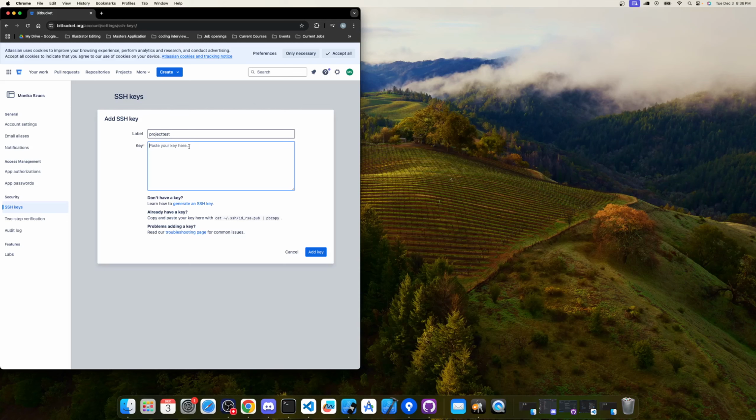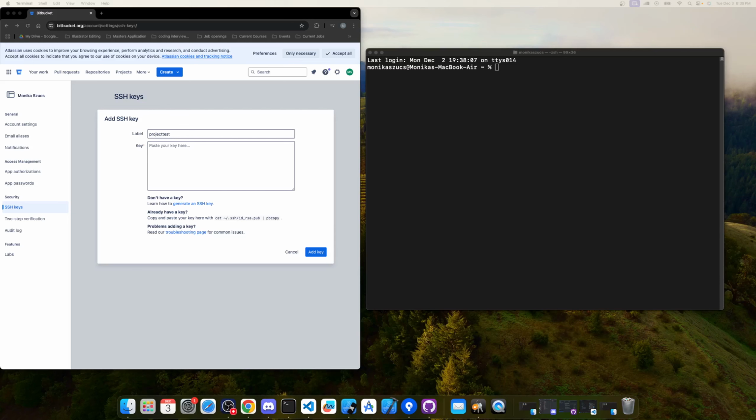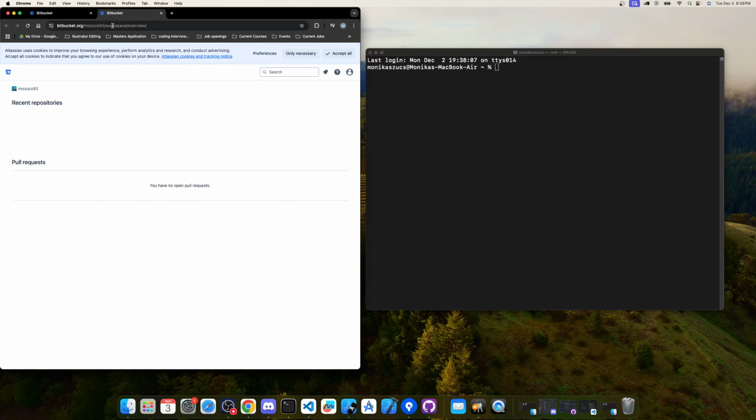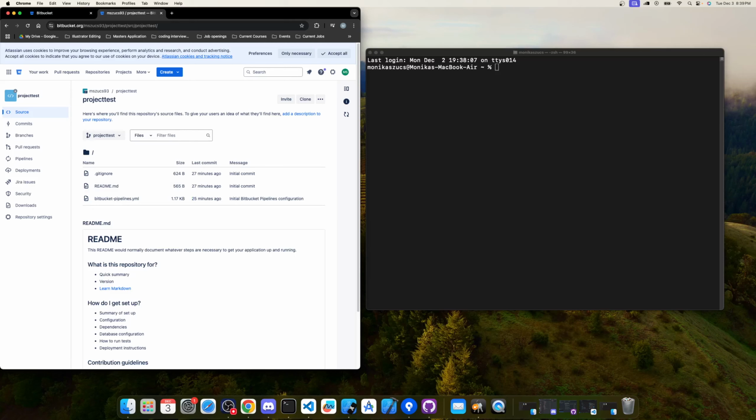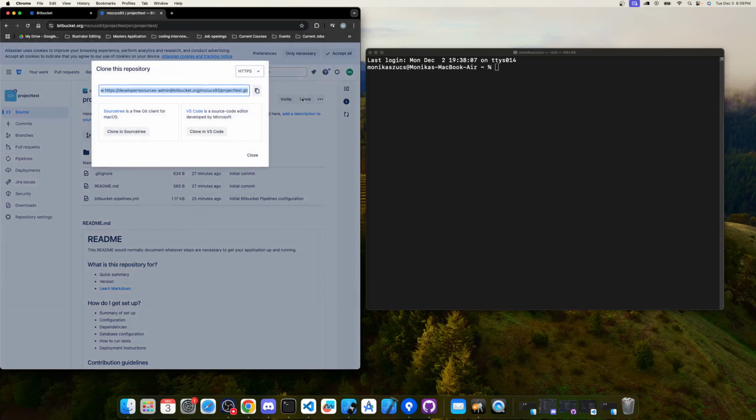And this key, we're going to have to get it from our actual Mac here. So I'm going to just type in terminal. So if we try to clone our project, it's not going to work. The reason why is if I open up Bitbucket again and go to my project test, and if I try to clone it, here I'll just go to SSH,